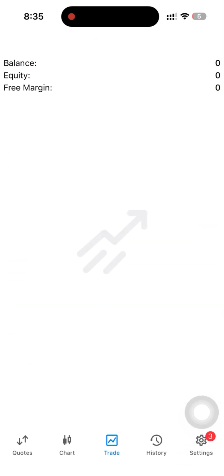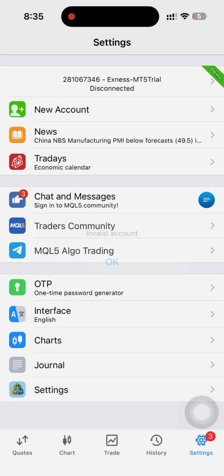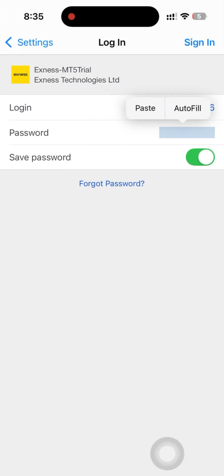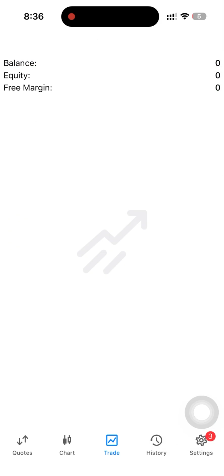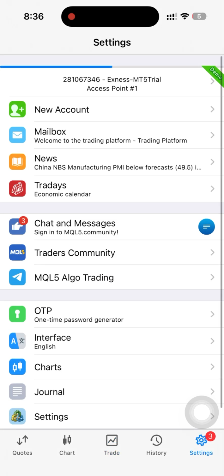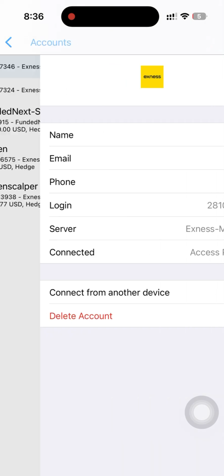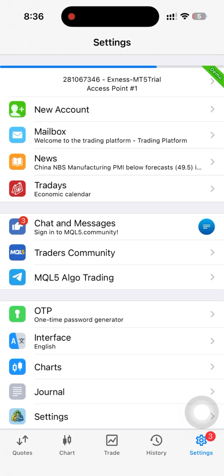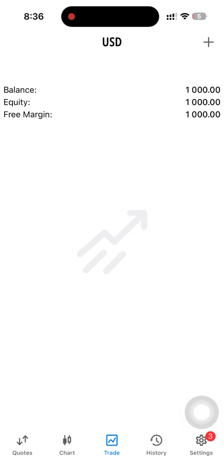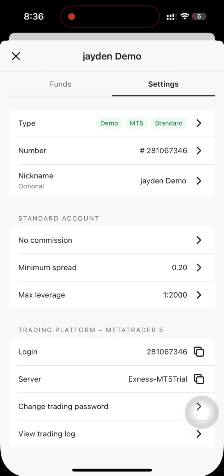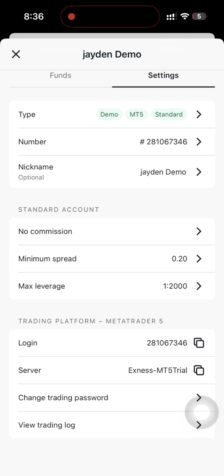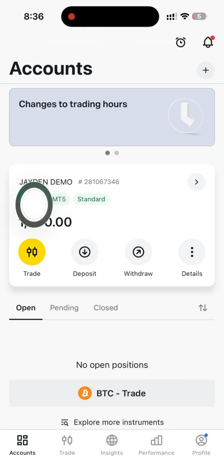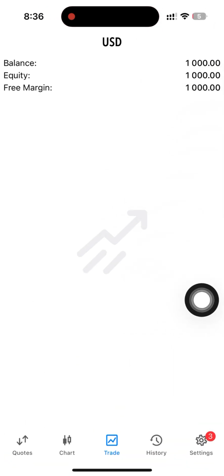Yeah, wait for some time to load it. Okay, our account is not connected. Maybe we made a password mistake. So make sure your password is correct. Okay, so here is our account. All right. So here too, we just have to confirm everything, because if you have $1,000 here, we have another